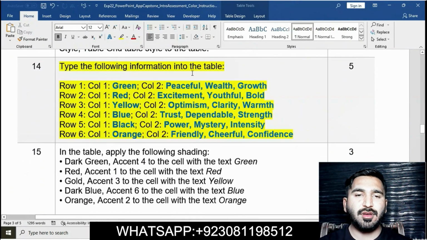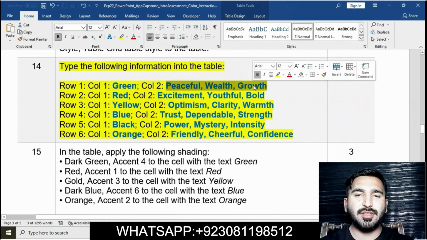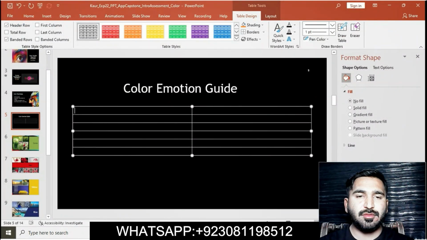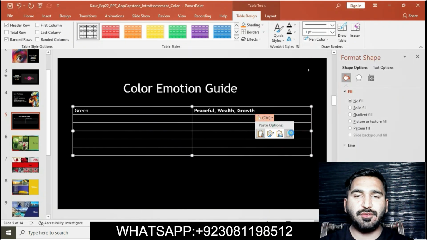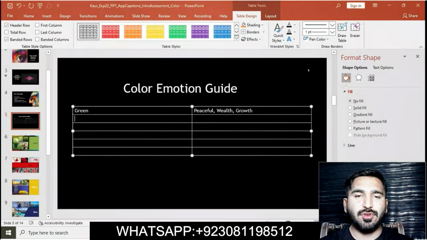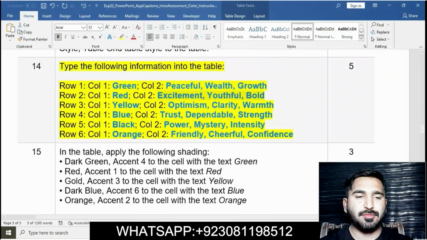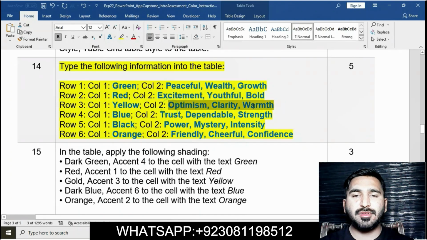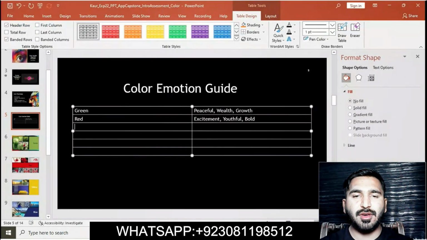Row 1, column 1 green, column 2 peaceful, wealth, growth. You can copy this and then paste it in the table. Second is red: excitement, youthful, bold. Type red and then paste here. Yellow: optimism, clarity and warmth.